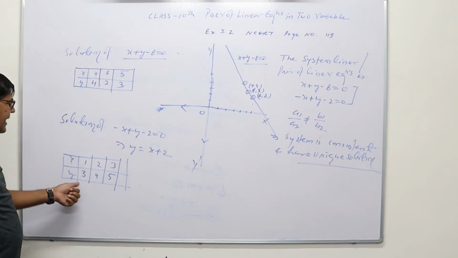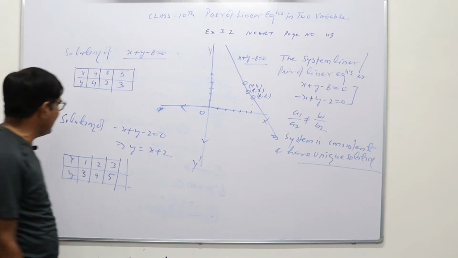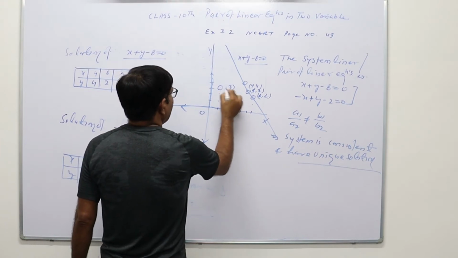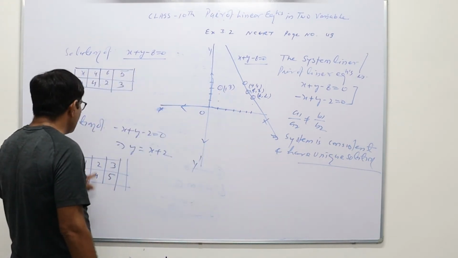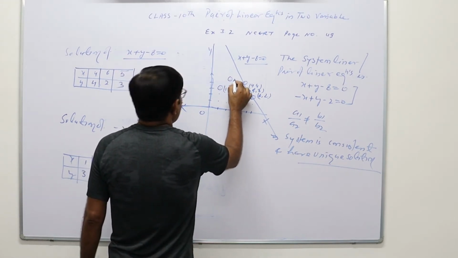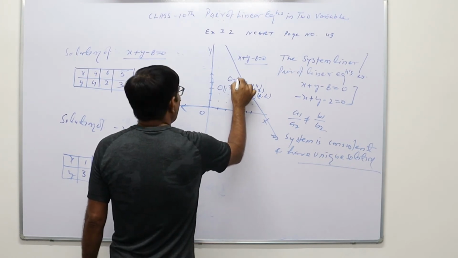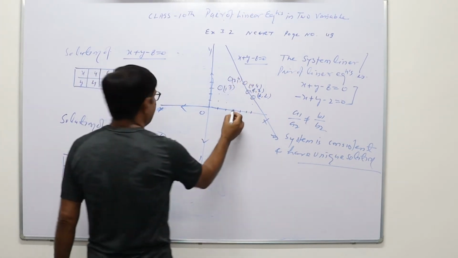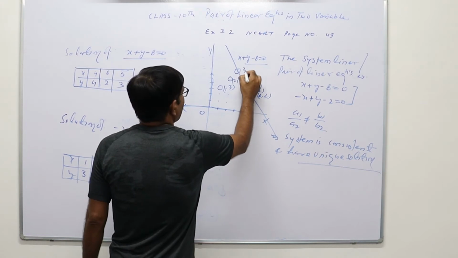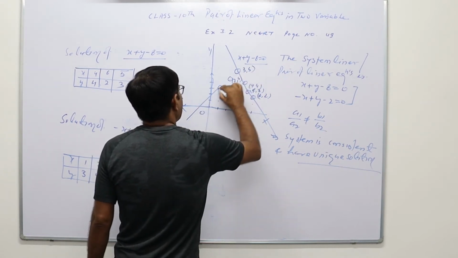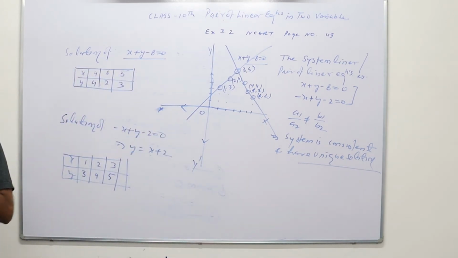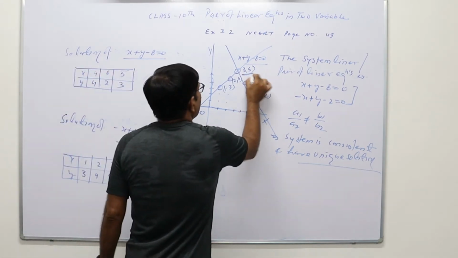Now plot the graph for the second equation. So for the second equation, when x is equal to 1, y is equal to 3, 1 2 3, this is 1, 3. Then when x is equal to 2, y is equal to 4, so 1 2 3 4, this is 2, 4. Then when x is equal to 3, then y is equal to 5. So maybe this is the common point, 3, 5. In this way, if we draw the graph free hand, we will get this type of graphical representation, and these two lines are intersecting at the point 3, 5.